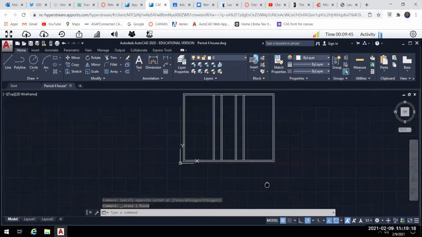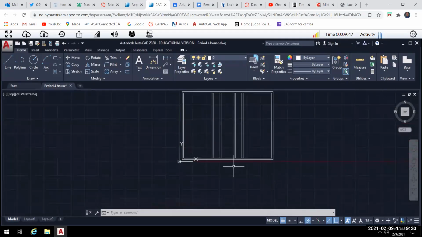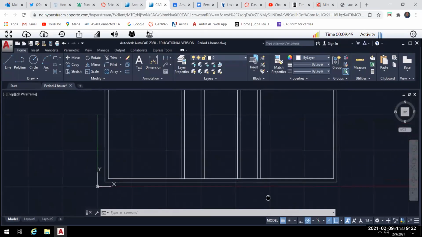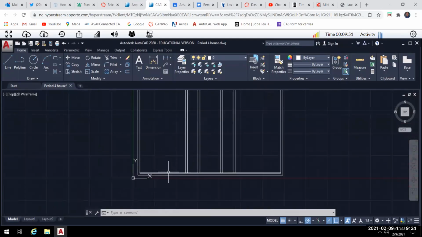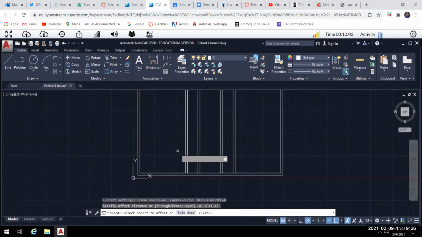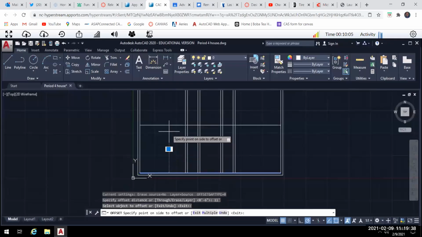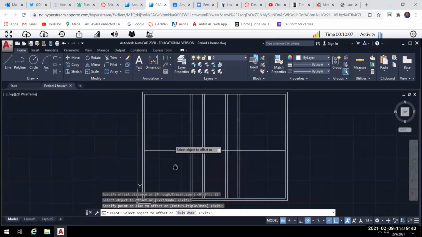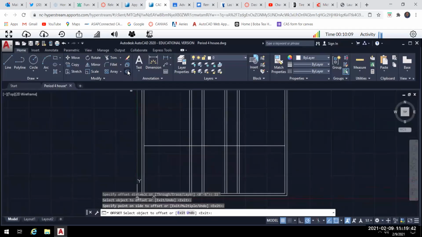So just showing you that we have the same amount of space. Okay, so what I'm going to do now is create my 11-foot wall spacing in this direction. So I'm going to go offset 11 apostrophe for 11 feet. I'm going to click on this line, come up here, and go offset 6, enter,